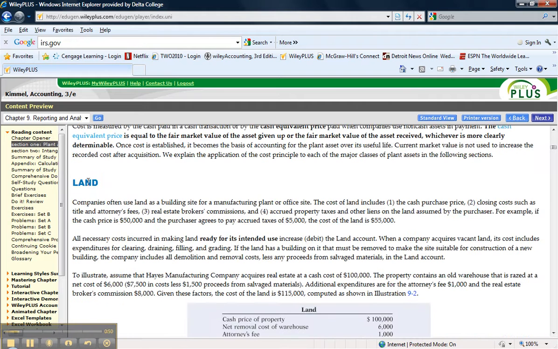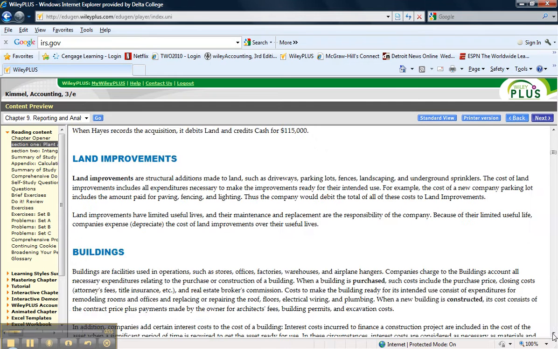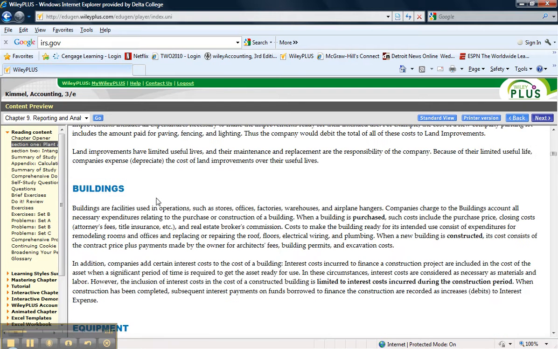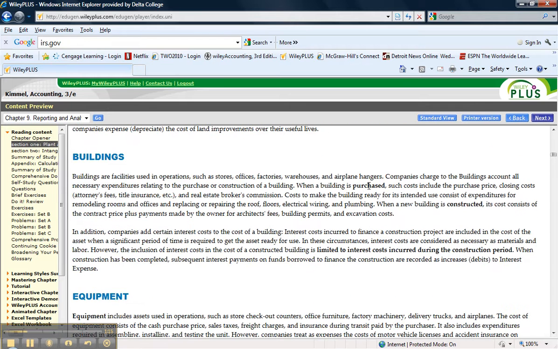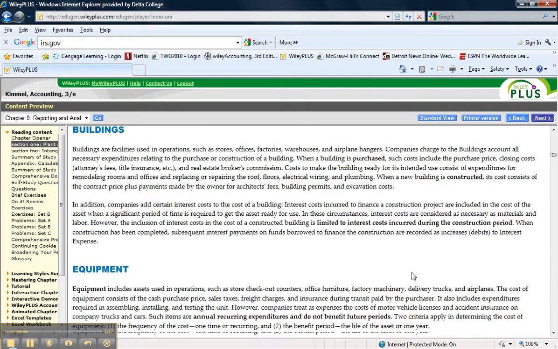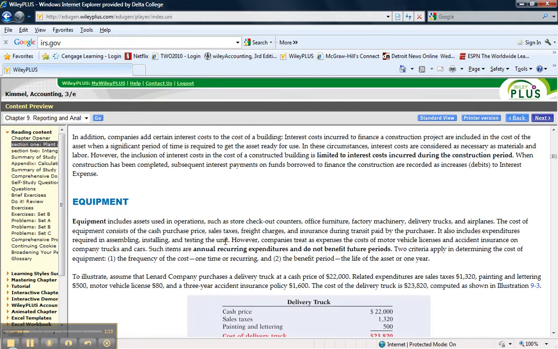Then there's a discussion of all kinds of specific assets, land improvements. These are things like driveways, parking lots, fences, things that do decline or erode over time, but they're connected directly to, or they're part of the land. It's the kind of improvements to the land. Buildings are another kind of asset that you can either buy or construct. Equipment, these are all long-lived assets that you record by adding up all the costs that you associated with getting